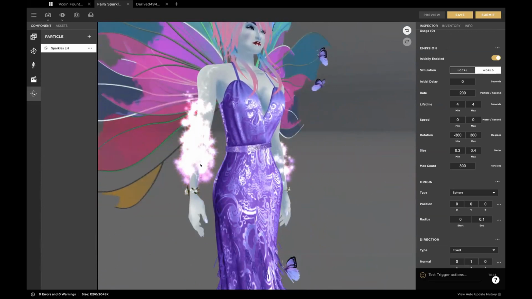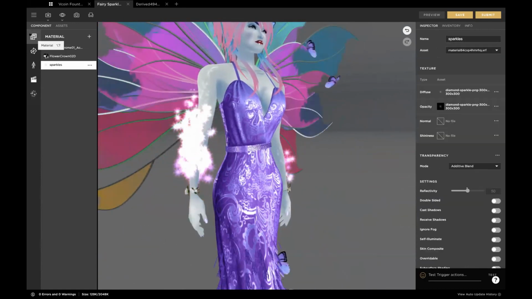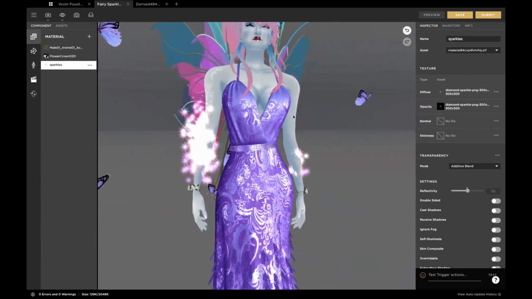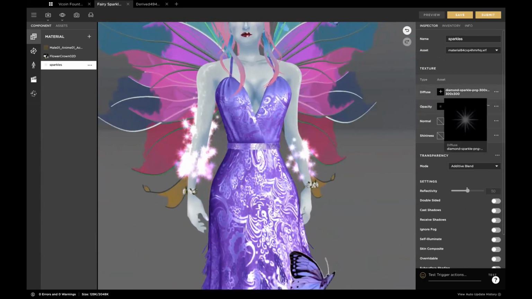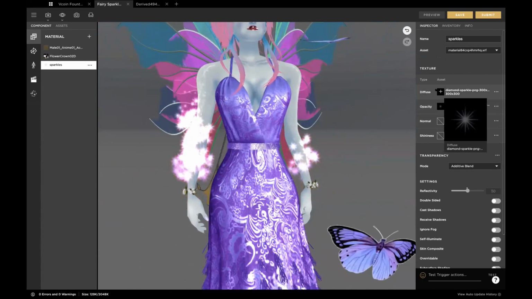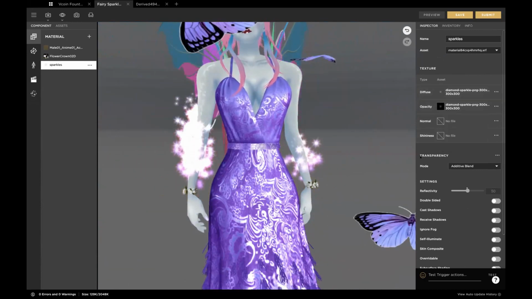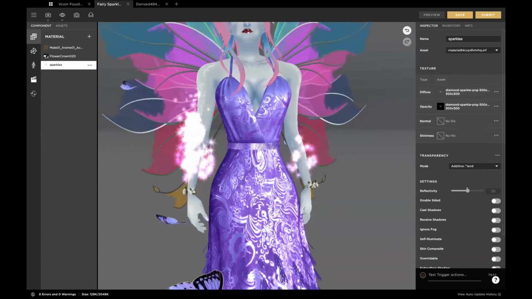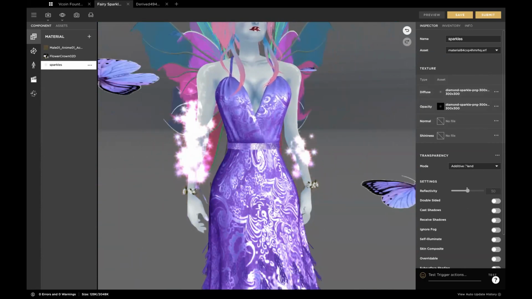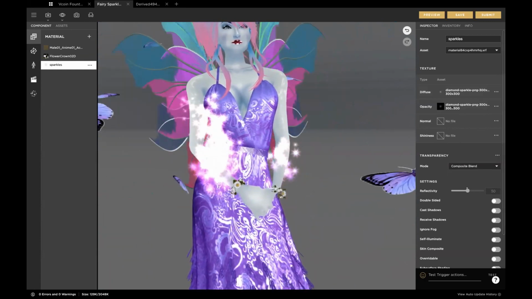And then the very last thing, in order to get this glow effect, a lot of you probably already know this, but especially with the material I'm using, my diffuse and my opacity is a shade of white or gray. And along with that, if you use additive blending, it sort of gives you a fake glow effect. If I was just to use composite blending here,